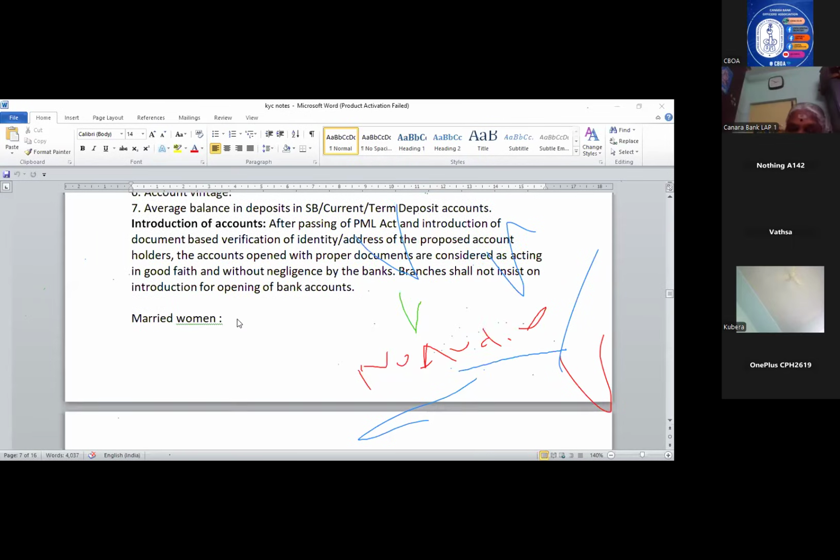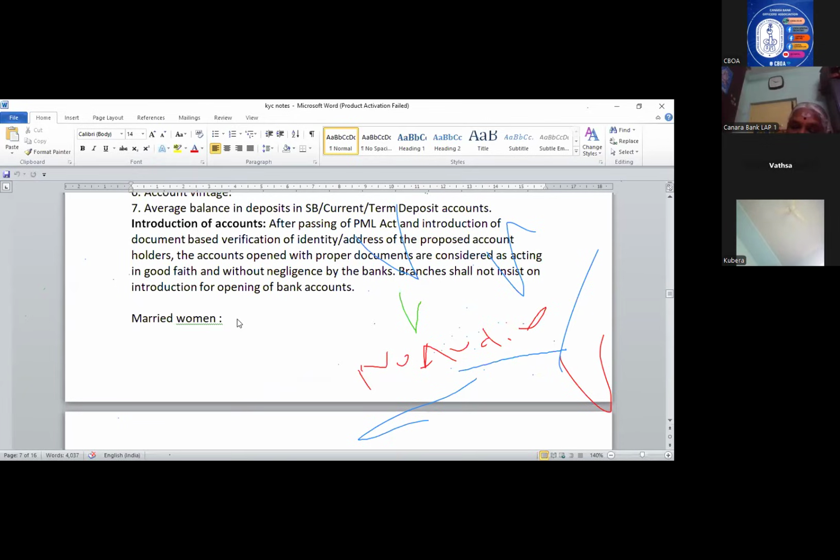In case of a married woman, when they come after marriage, most of the ladies are required to change the name, married women. Either it should be